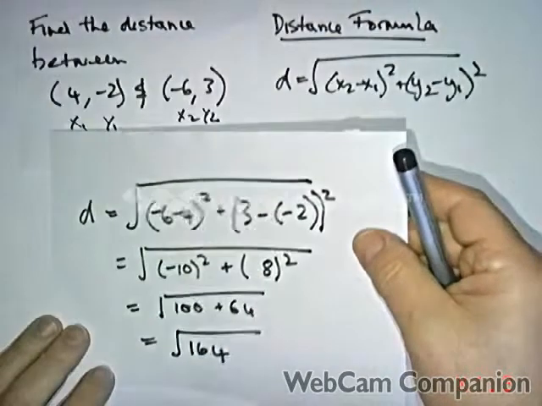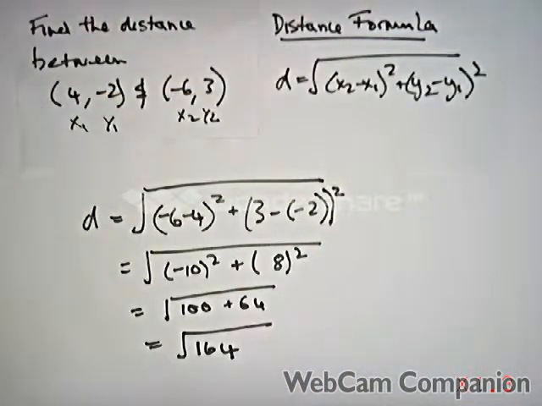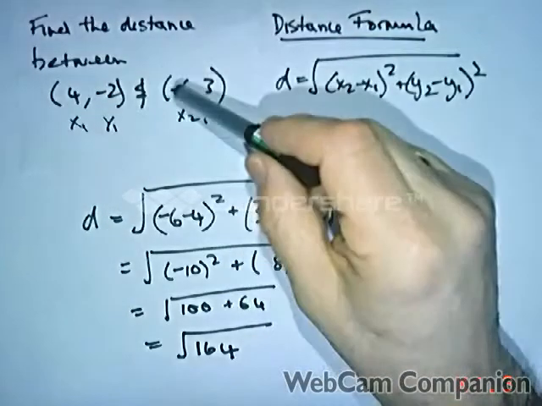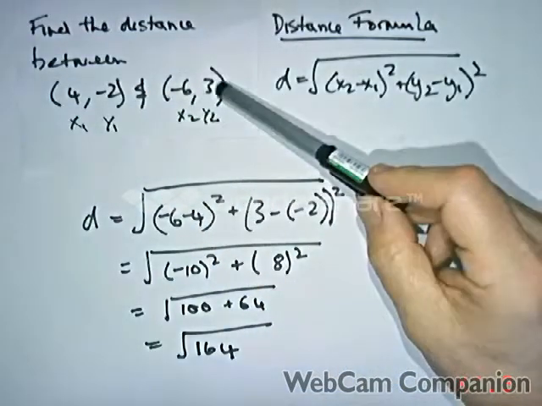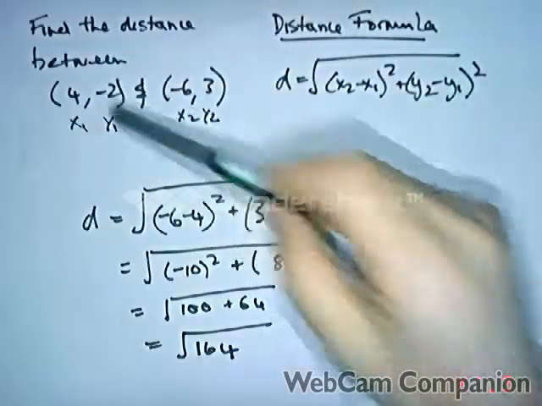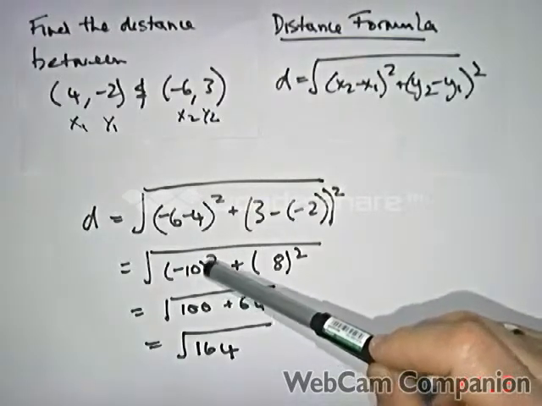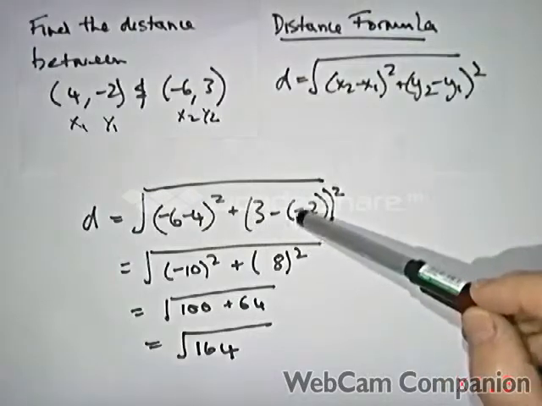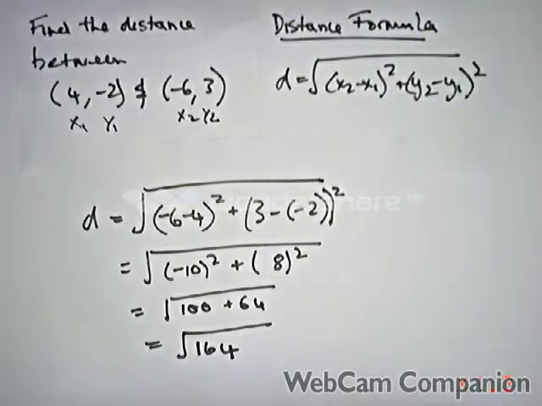So what we have here is x2 minus x1 gives us minus 6 minus 4 squared plus the difference in the y's, 3 back to this point for y2, minus 2 squared. So minus 6 minus 4 gives us minus 10 squared. Here 3 minus 2, you've got to be careful, gives us not 8 but 5 squared. So you get root 100